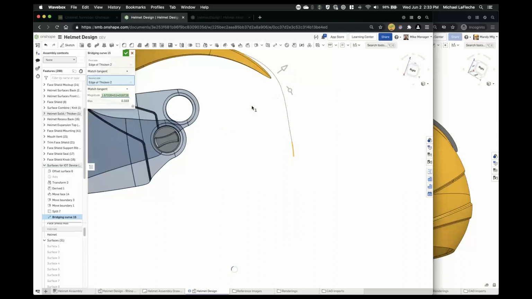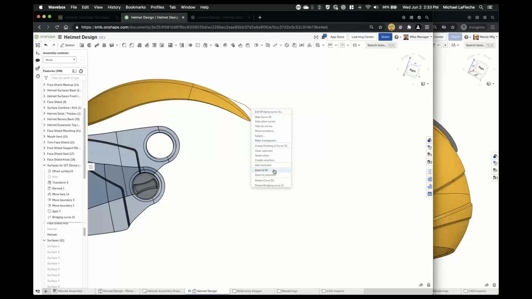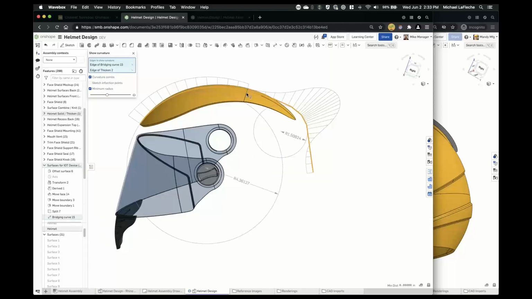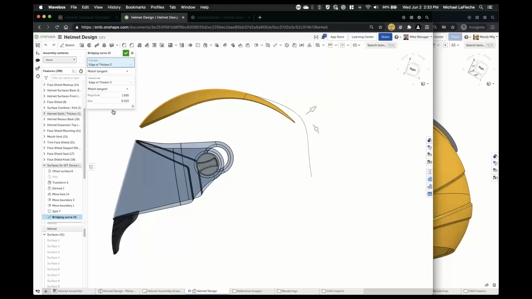I'm pulling it in 3D space, and you can show the curvature plot on top of this, so you can see how these surfaces blend. You see how there's a little bit of a discontinuity here when I look at that? Well, that's because I had tangency, not curvature control. So, you can set that right in these 3D curves, match curvature,